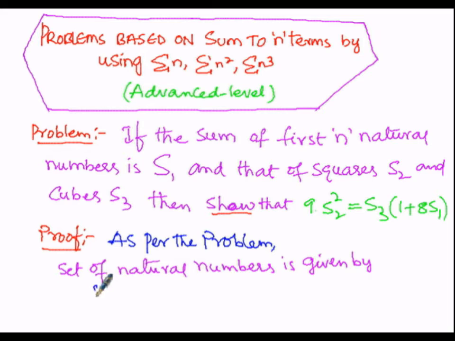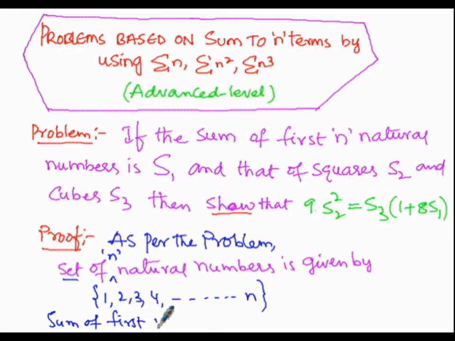the set consisting the natural numbers, the first natural number is 1, so next terms will be 2, 3, 4 and so on. So here set of natural numbers is given by this, but as per the question, set of first n natural numbers, so the last term will be n. The set of n natural numbers is 1, 2, 3, 4 up to n. As per the problem, we have to write the set of first n natural numbers. So here sum of first n natural numbers